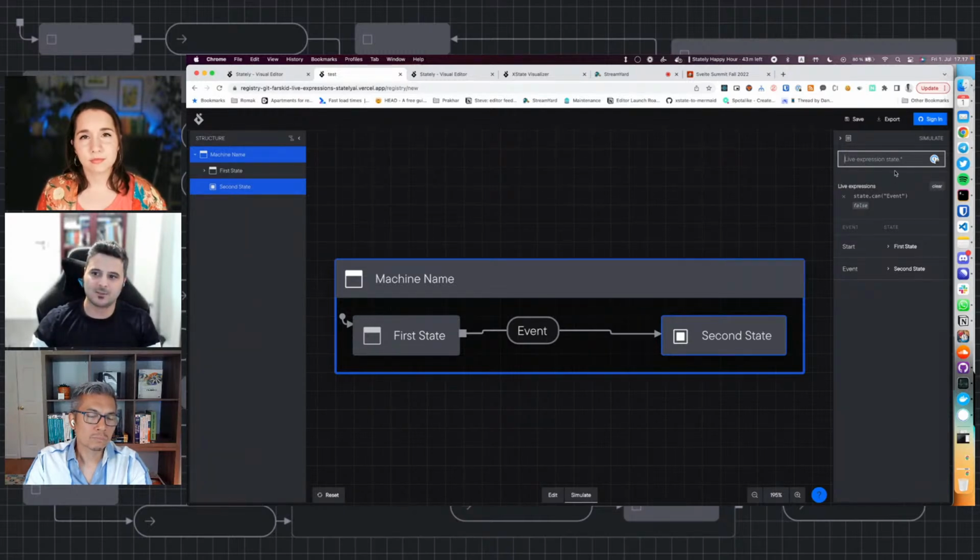If I had this live expression somehow, it's more like a reactive statement, right? You should be able to validate what's happening in your interpreter that's built on top of the machine that you created, by creating these reactive statements here and watching them to debug your model. For example, I wanted my machine to change some external metadata, probably in a global scope or something on the window, for example the document title, as we saw at the beginning of the demo.